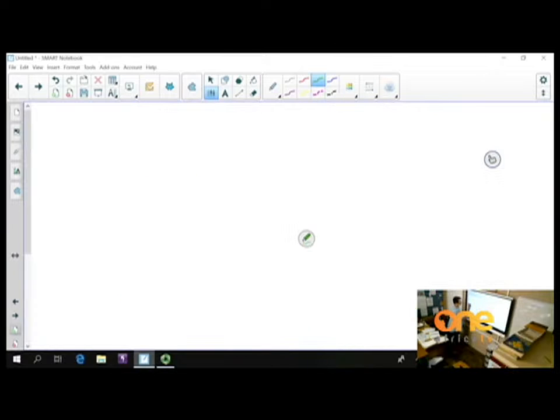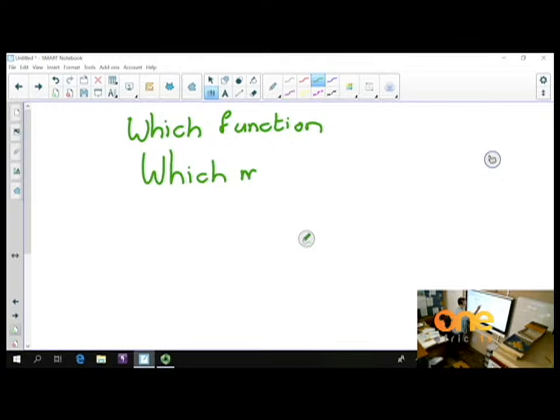Now, when we do our questions from here, we're going to ask 2 questions. Which function? And then the second question that we're going to ask is which method? Which method are we using here? That is the 2 questions that we're going to repeat every time. Okay, so we look now at try now 7 on page 444. For each of the following right angle triangles, find sine, cosine, tan, and we just have